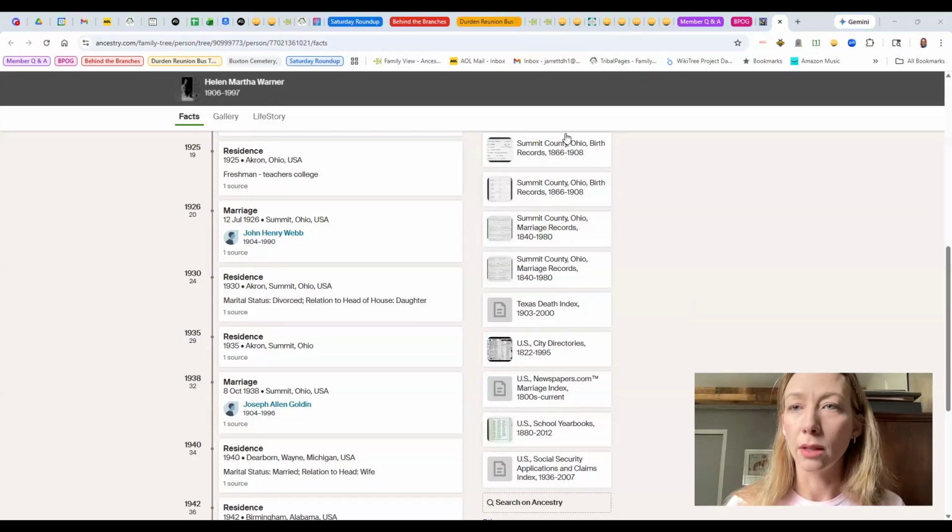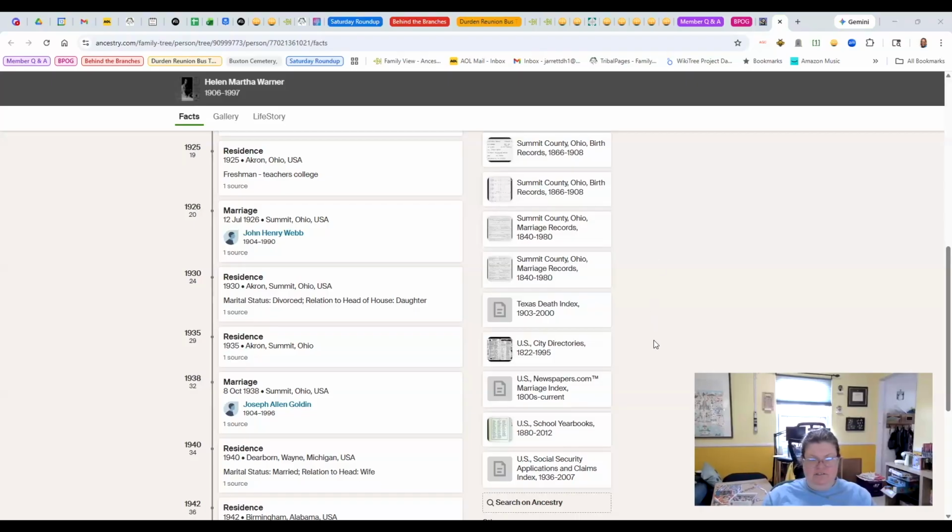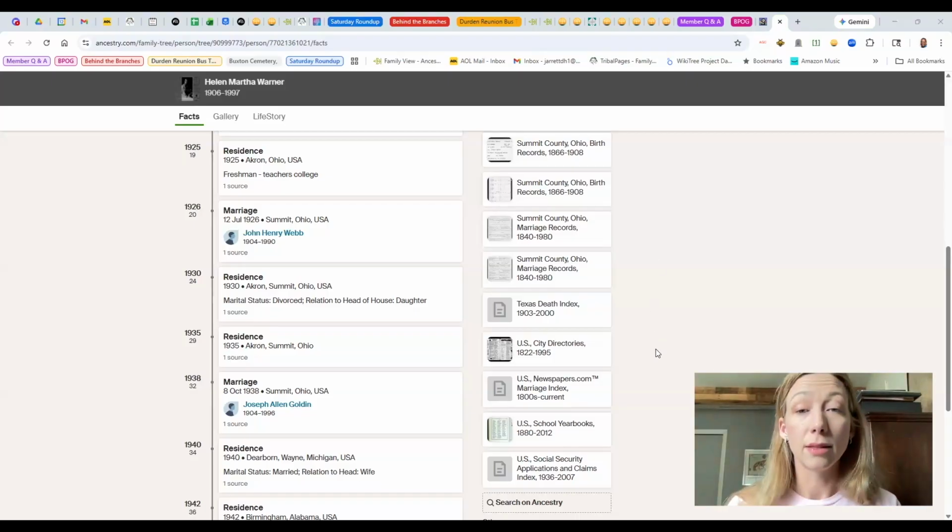And I put a link to that in the document that I need to share. How do I make this open? Yeah, Ancestry is good for a lot of the directories too. Oh, yes, definitely.